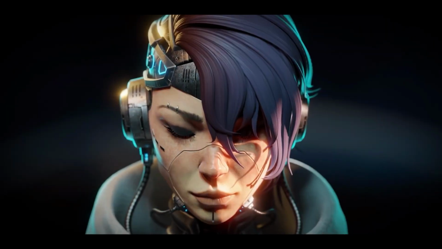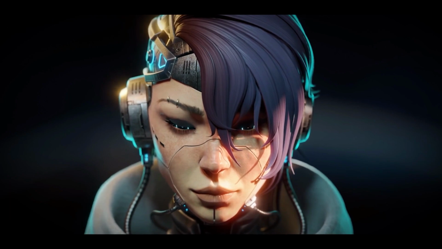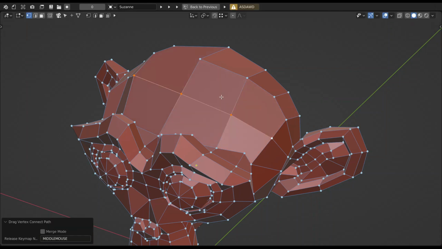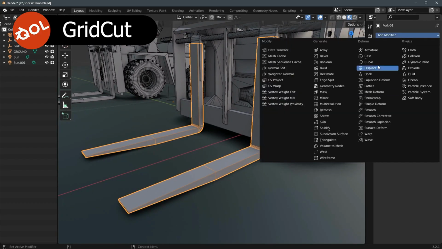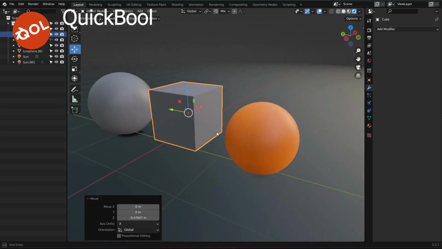Blender is, as we know it, fabulous at almost everything. But sometimes some functions are either missing or frustrating to work with. And here comes the role of today's add-on. QOL Tools, Full Collection. And QOL stands for Quality of Life, meaning small footprint add-ons that make your everyday use